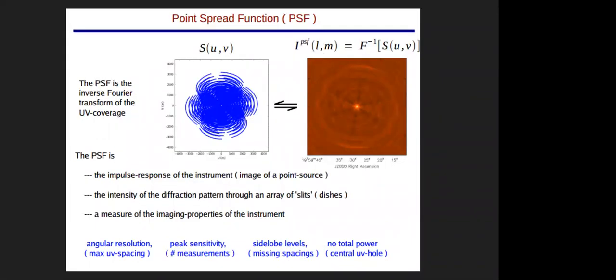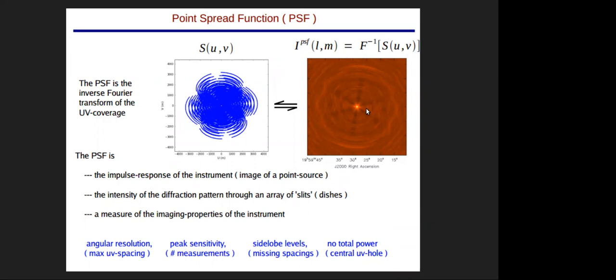So what is your point spread function? You have learned so far that the point spread function is the Fourier conjugate of the sampling function. So if you have sampled your data at some discrete data points in the UV domain and do a Fourier transformation, you will get a PSF like that. Now, one thing to notice is that your UV domain is very well covered here, and that is why your PSF looks so nice right now.